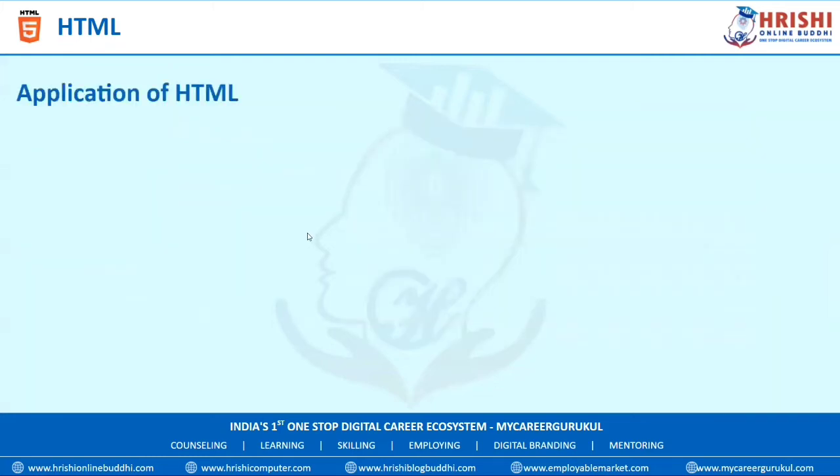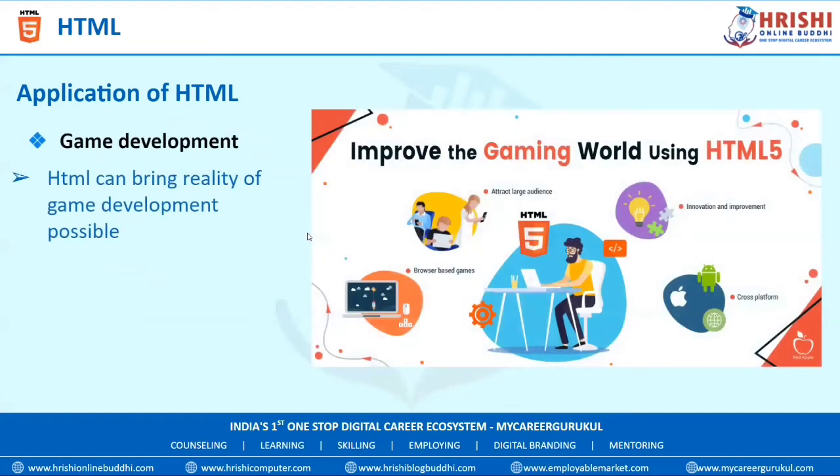Next is game development. Before the arrival of HTML5, game development was the exclusive domain of Flash and Silverlight. But after the browsers started supporting the new specification of HTML5, game development is much easier with HTML5, including